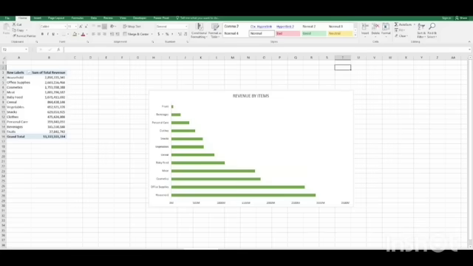Okay, so in the next video, I'll be taking every one of these graphs into a dashboard and making everything responsive. So see you in the next